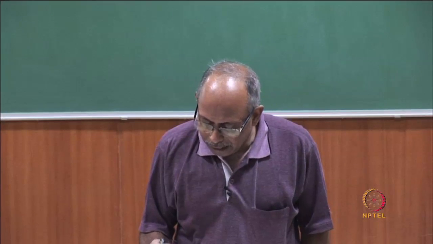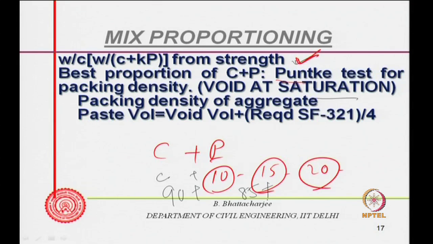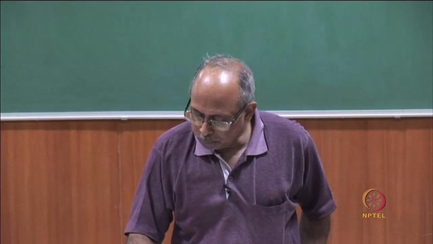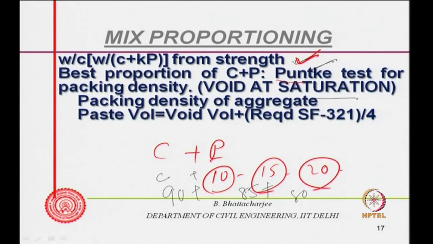Then next change it to 85 plus 15 and do this test. So, void content at each stage you can find out, and if you know the void content and the total volume, because the mass of the materials is known and their specific gravities are known, you can find out the total volume of the solids. So, volume of the solids and volume of the voids are known, therefore, you can find out the packing density. So, this Puntke test, which is actually used for fly ash cement combinations, can be used for finding out the best packing density for cement and powder, and that combination you can use